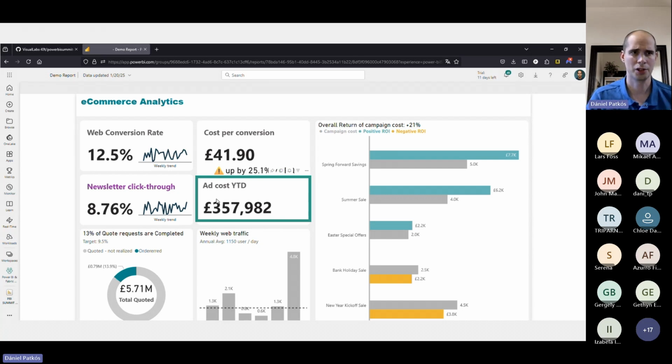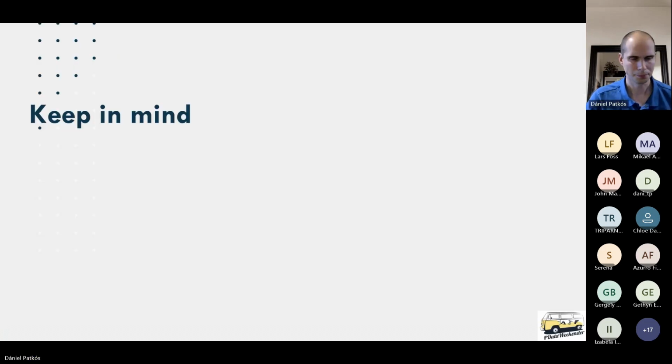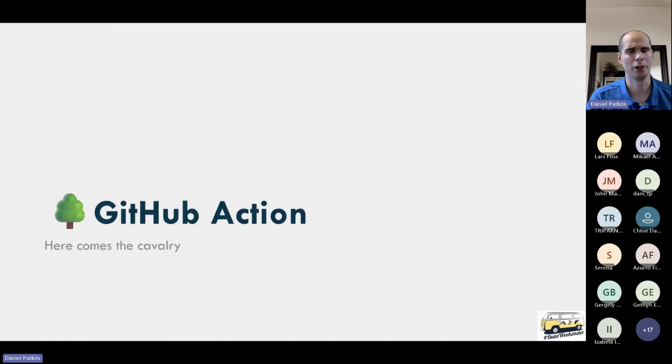This is a cool feature. It works both ways. So if you first publish your changes from Power BI Desktop to the workspace, then you have the chance to save your changes into GitHub as well. There are a couple of things to keep in mind. I'm going to skip that because